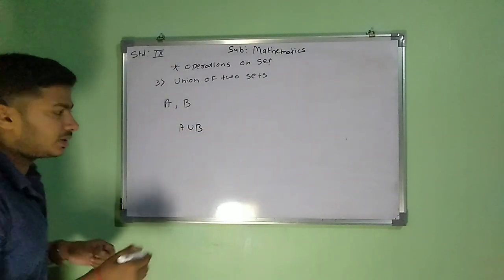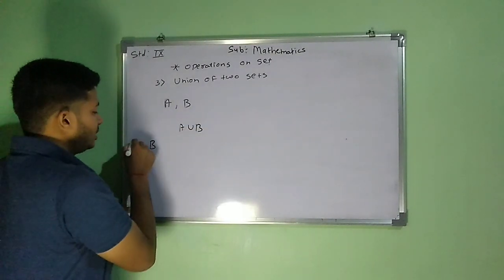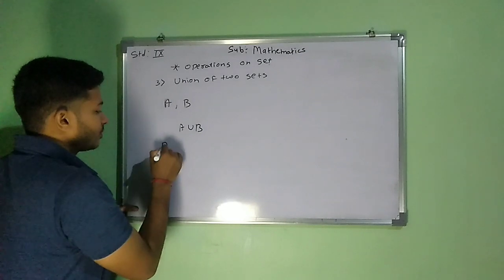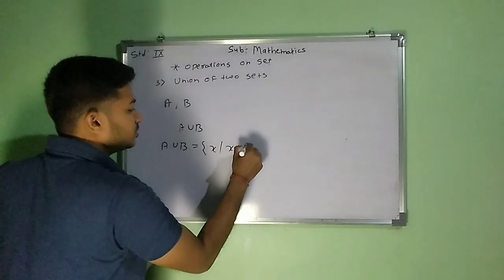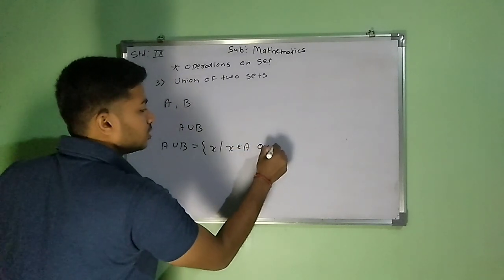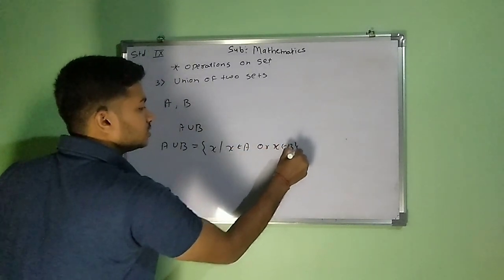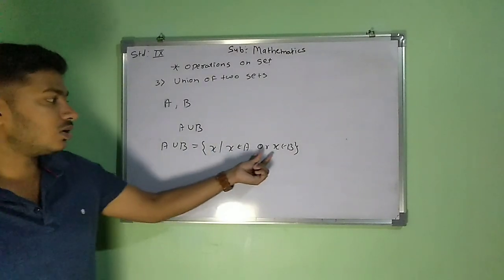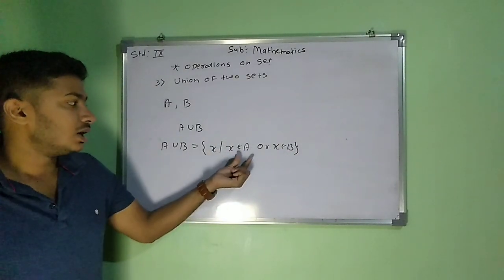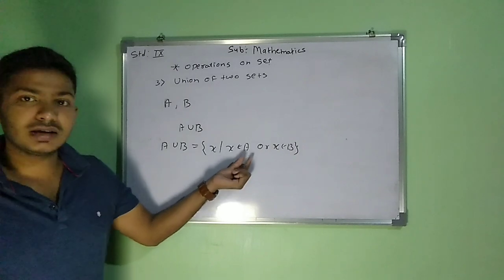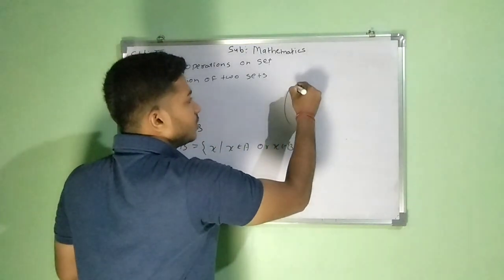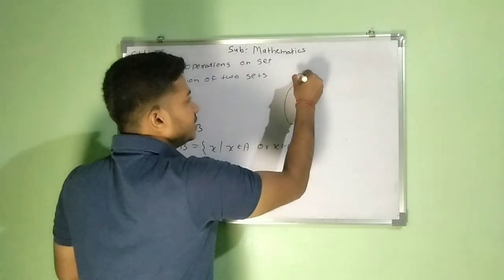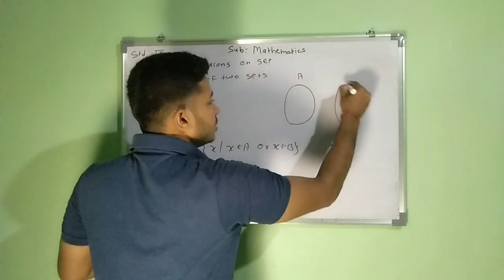Okay, and in the set builder method it is written as A union B, which is equal to {X such that X belongs to A or X belongs to B}. That X belongs to A or X belongs to B means that X is either in A or in B. And by using a Venn diagram, look here, if you draw the Venn diagram, just set A,